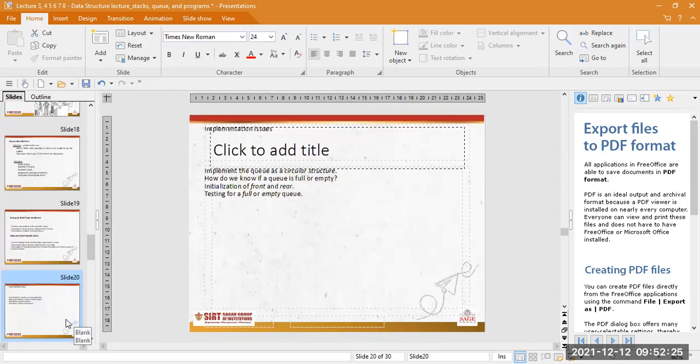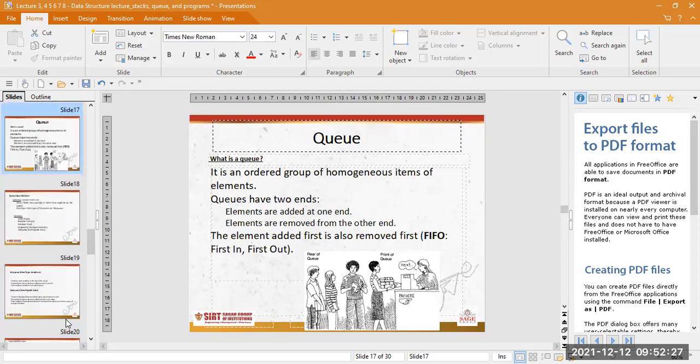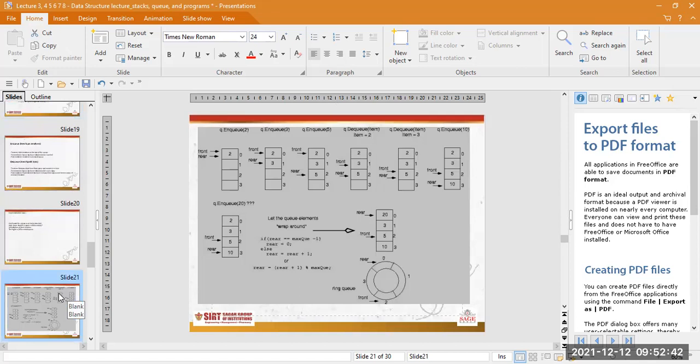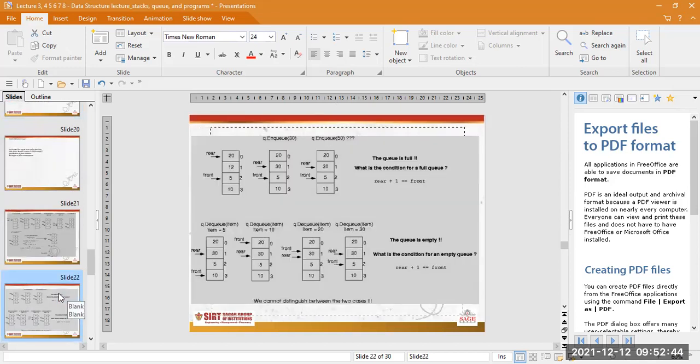You can just see this example, how the front of a queue is there, how a particular person is there, and the rear of a queue. The elements are inserted from the rear end, and from the front end the elements are being removed. You can see these are the algorithms. We enqueue the data inside the queue.